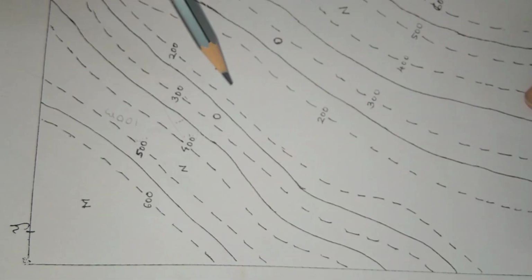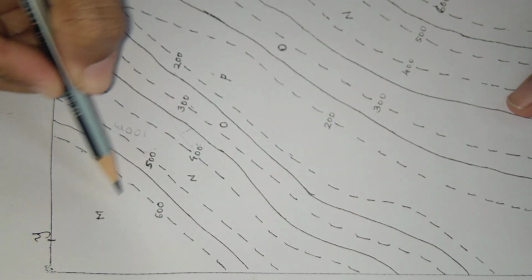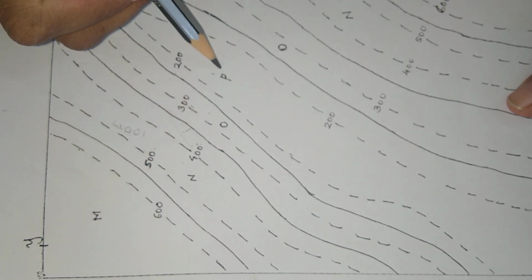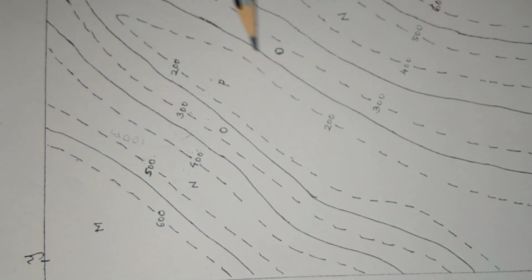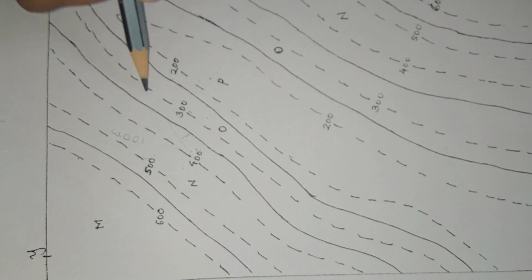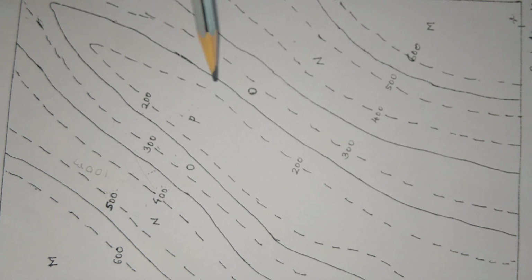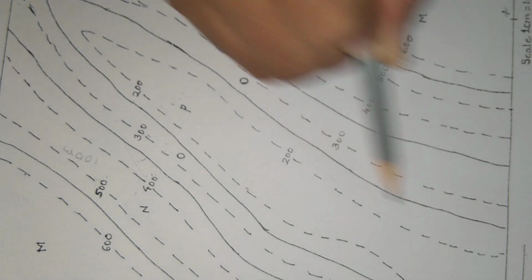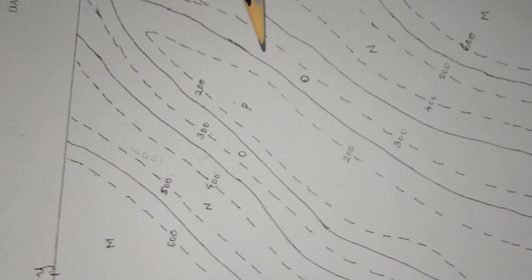Then there are beds. What is a bed? A bed is a layer of rock. Here there are 4 beds, M, N, O and P. These are the 4 beds in the given area. Then the contours. What information will contours give you? They will give you the topography of the area. Here the shape of the contours you can see is V shape. So it shows a V-shaped valley.